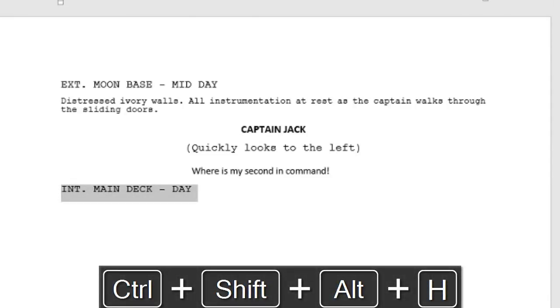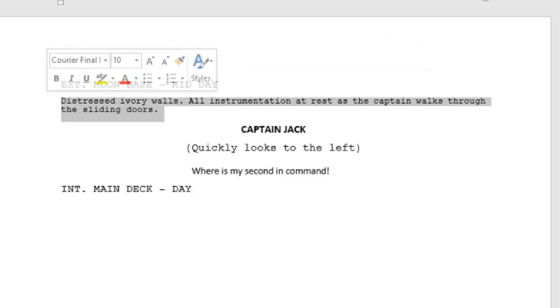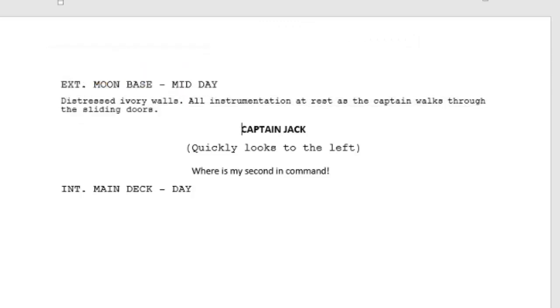And there we go. Now I can either use my shortcut key or go to the styles and create my script. So we already know that this is the scene header. It sets up the scene, and then you describe what's happening, what the viewer sees right under that header, and then you let the characters talk.